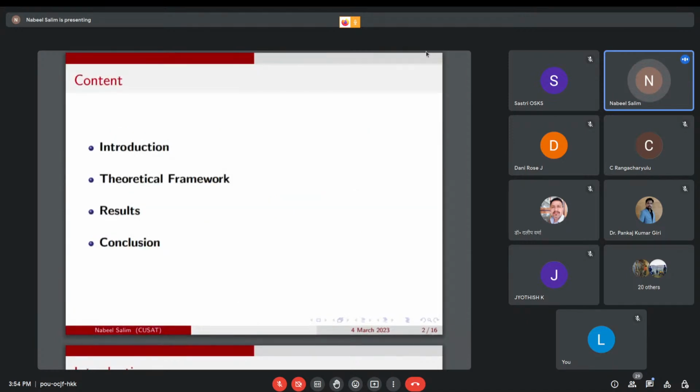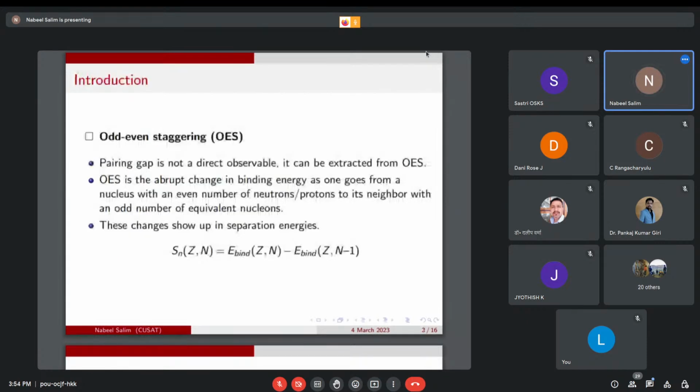First of all, as an introduction, I am going to talk briefly about what nuclear pairing is. You have all learned about the basic nuclear models. From the liquid drop model, you have learned the semi-empirical mass formula, and you know that there is an extra term called the pairing term in the semi-empirical Weizsäcker formula. So how did that term come to be? That term came as a result of the existence of nuclear pairing.